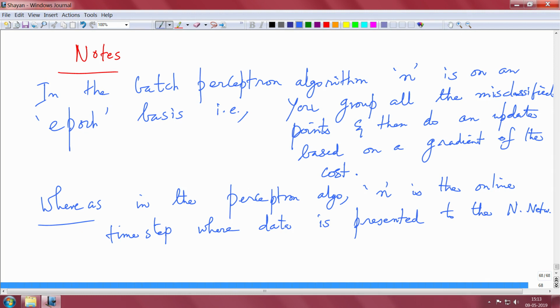Okay, so we have covered the perceptron and the batch perceptron algorithm. So, which algorithm you will adopt is dependent on which application you are interested in, whether you want to do it online or on a batch mode basis. But recall, if you are doing it on a batch mode basis, you can also parallelize the algorithm, and there are some natural advantages. We will discuss the general idea behind batch and online algorithms when we discuss the multi-layer perceptron, or when we discuss the backpropagation algorithm. We will talk about the nuances between online learning and batch learning.